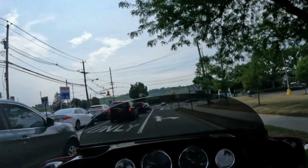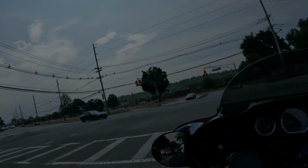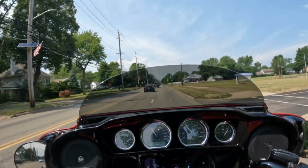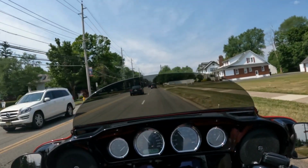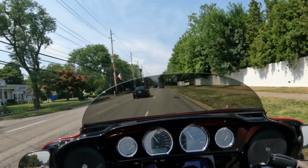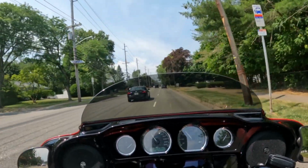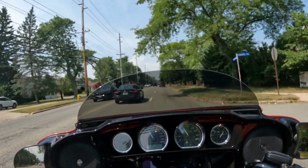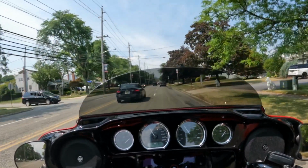And here we are, seeing how it works. I'm going about 40 miles an hour, third gear, 45. And I mean, I feel, I don't know, in all honesty, it doesn't feel like air conditioning. It doesn't feel cool, but I'm also not dying. I'm not sweltering. I would say my torso is